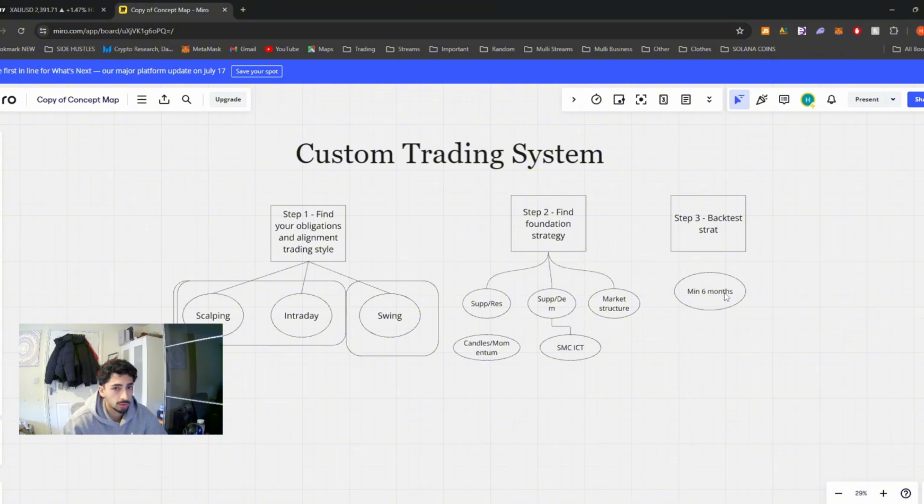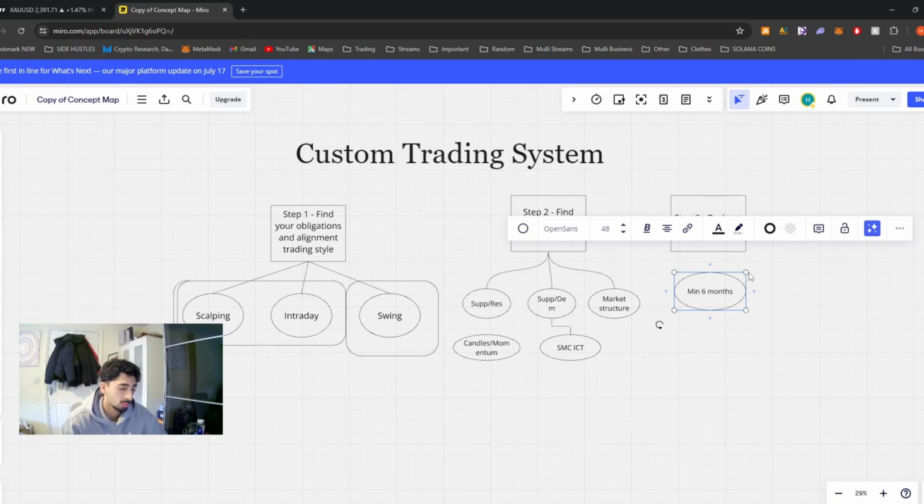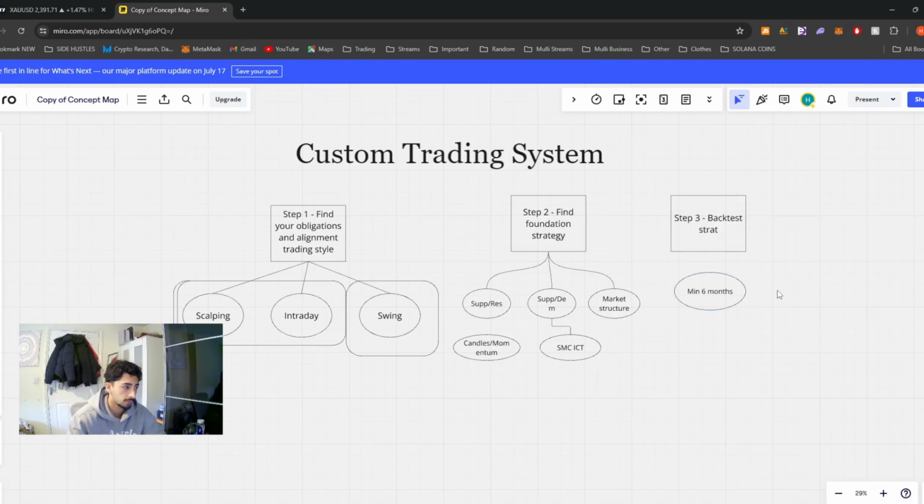Because 1 week or 2 weeks, 3 weeks, 4 weeks is not going to show your edge. That 6 months plus will give you a better indication of if your edge is actually profitable. So you want to backtest that exactly how they say it,